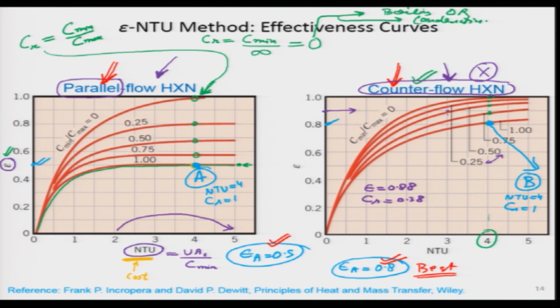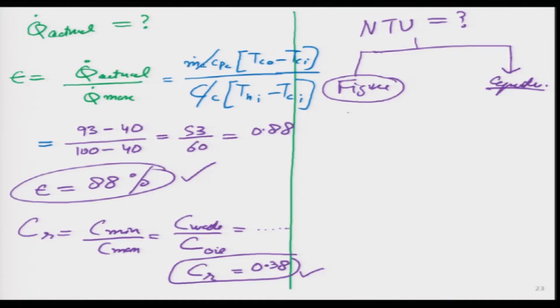Do you see what I am trying to say? This particular purple dot aligns very well with the epsilon value, and it is right in between the 25 and 50% C_R value, which means if I go downward, NTU is kind of close to 3. Please remember, students, what I have done in this figure is an approximate solution. I want to do it fast, that is why I did it approximately right now, but I would encourage students to do it more accurately later by using the equation.